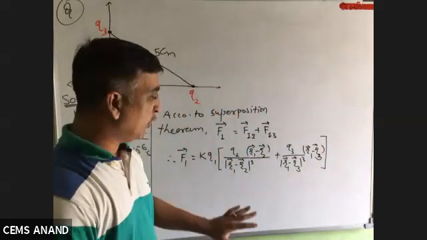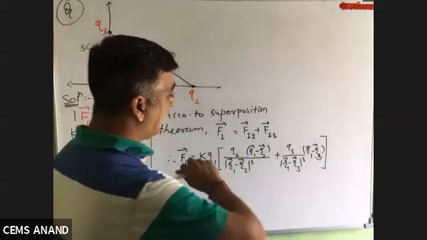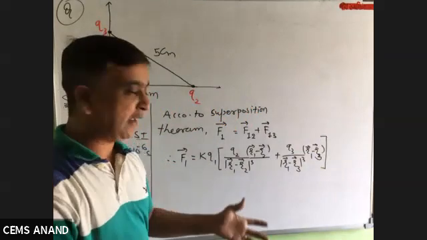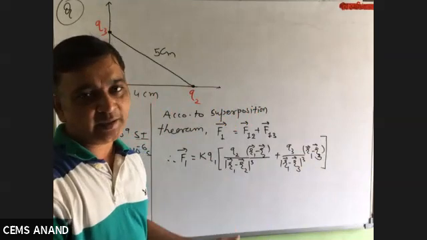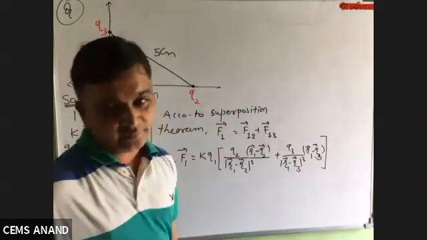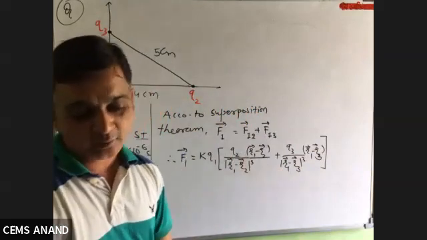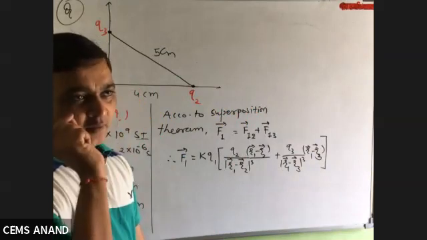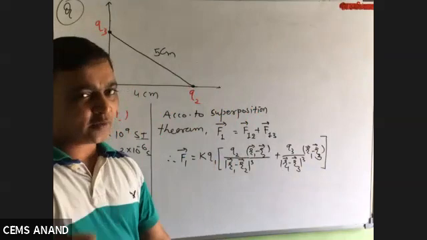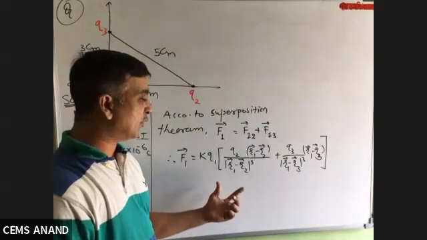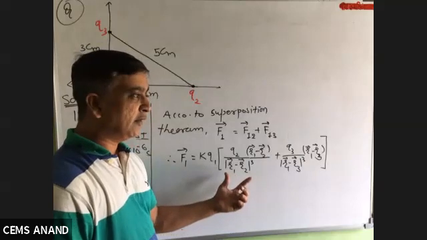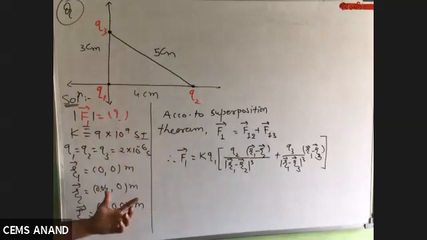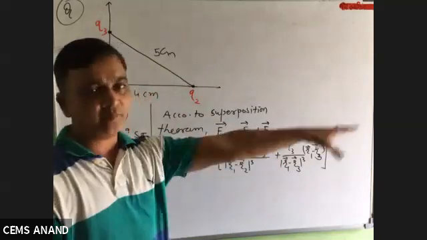Now listen carefully. Those who hurry and directly put the values in and try to solve, they have to pay for this in the external exam. Why? Because it may take more than 2 hours if you add the values of each quantity directly in this formula. So your 2 hours out of 3 hours will go in this alone. So listen carefully to the trick to use here. Never put values of quantities in the formula like this. Just find their magnitudes or values separately and then insert them in the formula.